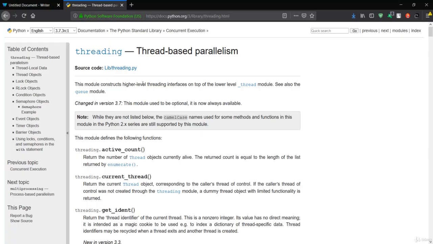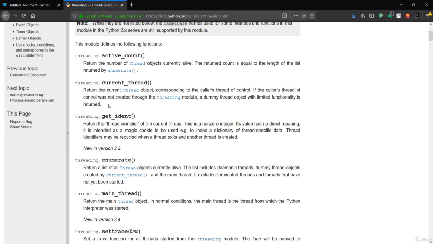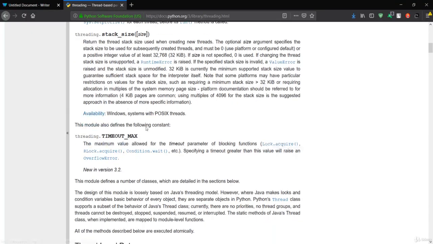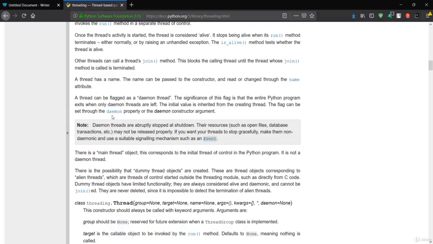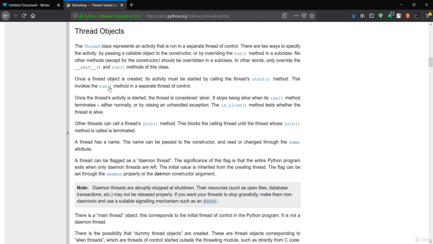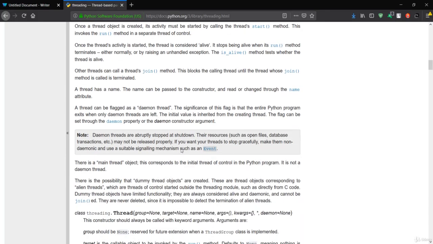So let's go back here, and you could see that we have the threading module over here. It has shown this active count, current thread, and basically the main thread. What we are interested in, let's go down. You could see this daemon. We will use this daemon in the next lecture, where we make our own reverse shell. It is showing that a daemon thread is basically where you run your entire program, so the entire Python program exits when only daemon threads are left. We'll learn about this flag when we code, so don't worry about that.